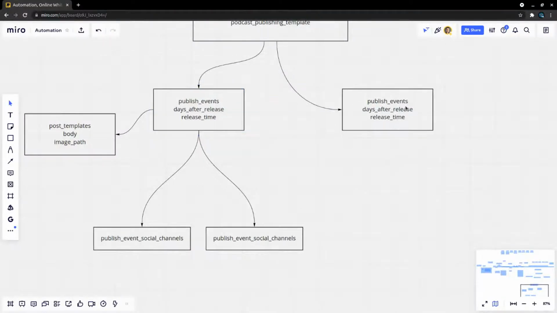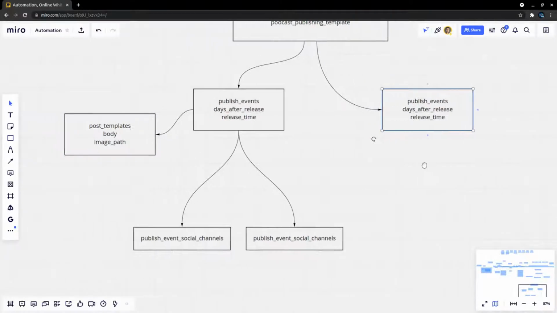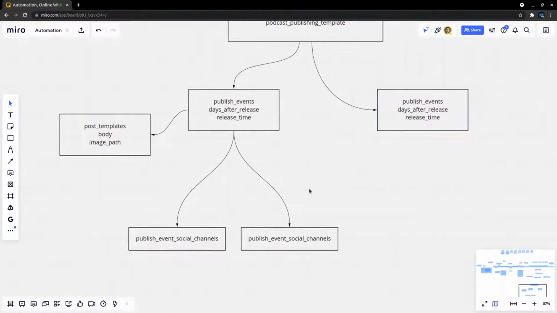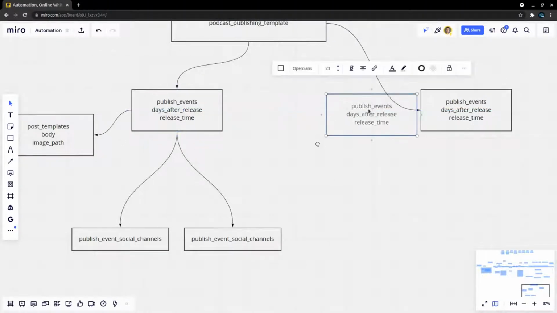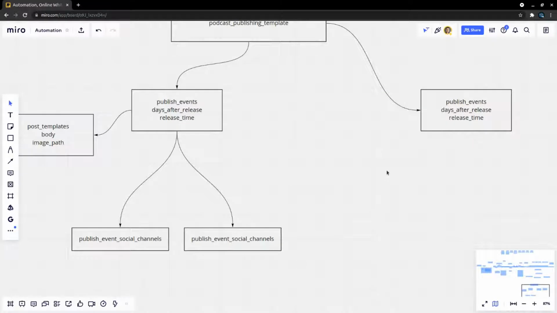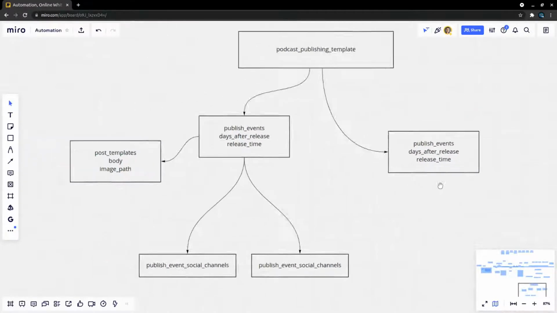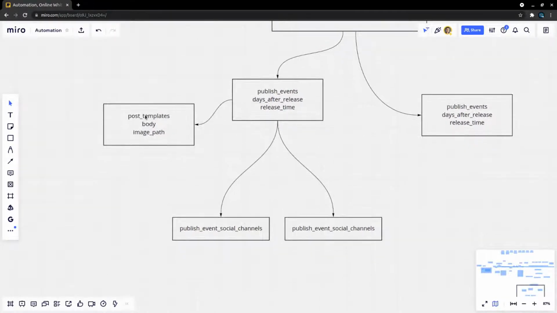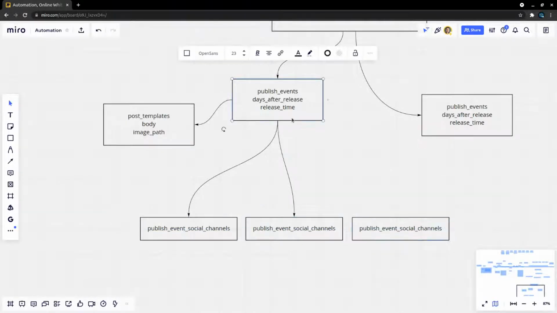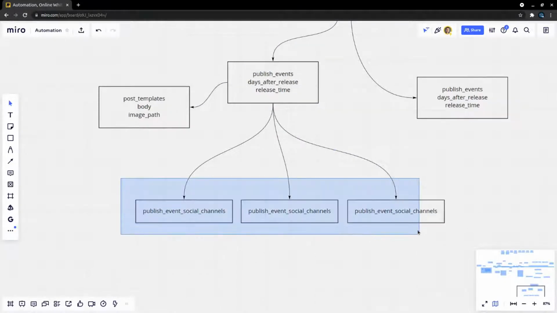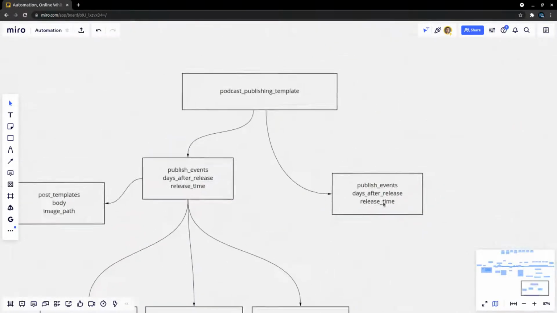And then maybe there's another one over here that does more email type stuff. And it's like a day later. Or maybe you've got one that does social channels, and then you've got another one that does even more social channels over here, right? So you can imagine what that might look like. And then you've got basically a post template, which allows you to publish to all of these different social channels like YouTube, Twitter, LinkedIn, whatever. I think that's a really cool concept, and it means that you can kind of expand it out as well.